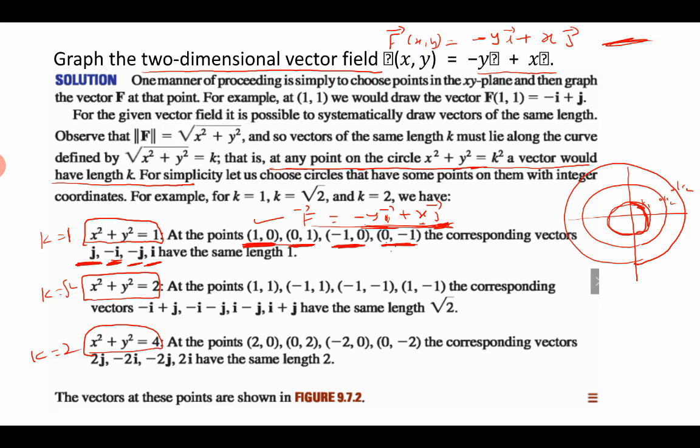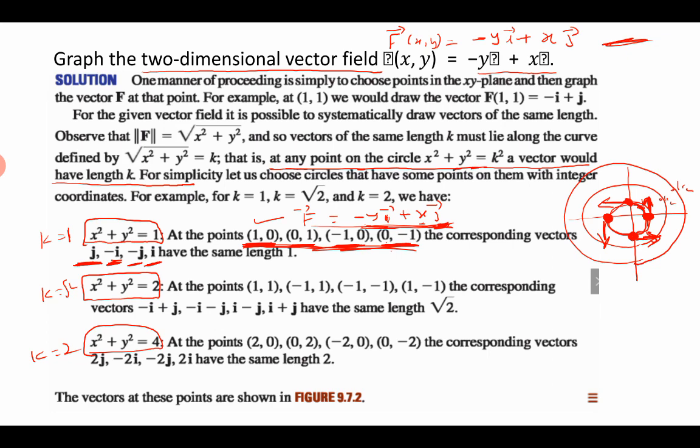So these points are going to be represented on the graph. On the first circle, the points are here. This is (1, 0), this is (0, 1), this is (negative 1, 0), this is (0, negative 1). The fourth point is here. Now check the vectors. j is a vector in the direction of y, so from the first point you will find a vector like this. From the second point you will get negative i in this direction. For the third point, negative j, opposite to the y axis. Fourth point, i vector in the direction of x.